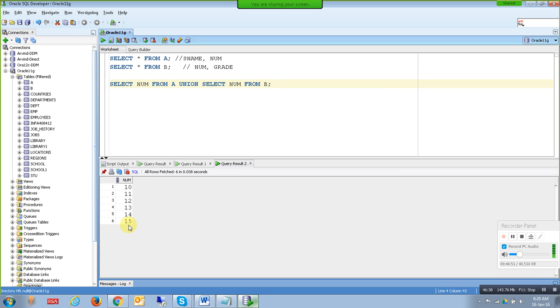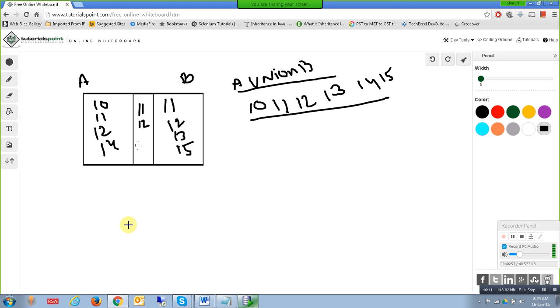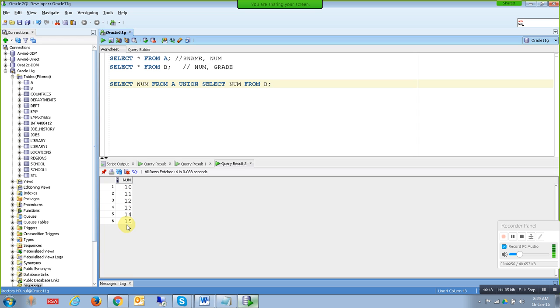So the first rule for set operators is that the column data type should be the same. Select star from A, the num column data type, and select star from B, the num column data type, both are the same. That's why we can union only the same data type columns from any number of tables. If I have a third table, you can put one more union and the table name. You can specify any number of tables. Okay. So this is one kind of